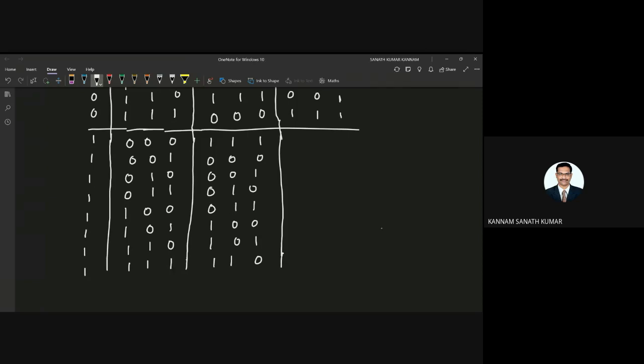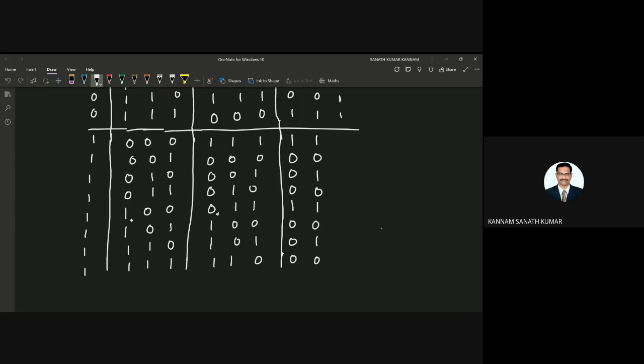I need to write these by using the excitation table. Anyway, it is a T flip flop. Checking this one and this one, for the T inputs you get alternate zeros and ones, you can check this.